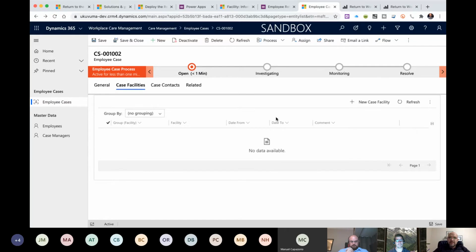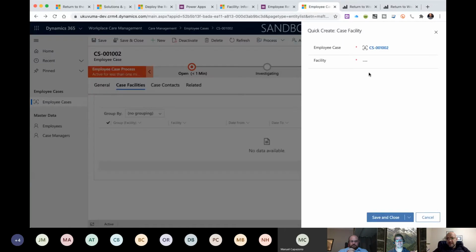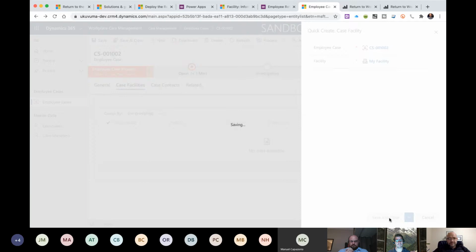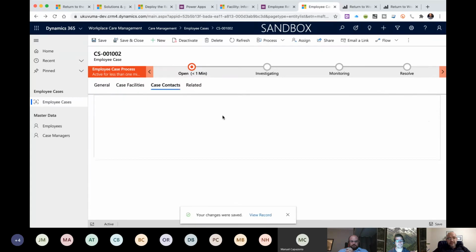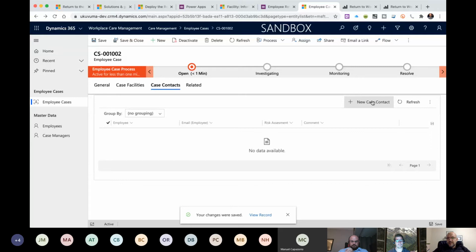That's important to say which other employees might have been affected by this individual. So let's select that and then say case contact. So literally have an interview with the employee to understand who else they have had contact with, and you can list those so that it's easier to understand where the COVID could have spread to.